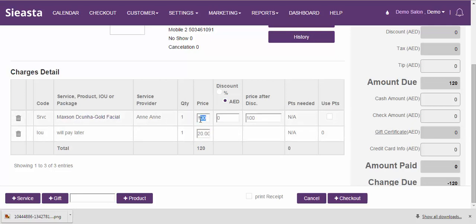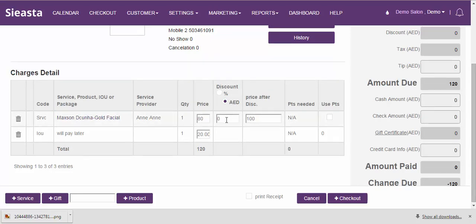Now you can change the price of the service, give your customer a discount in the currency of the amount, and allow the customer to use your point system.